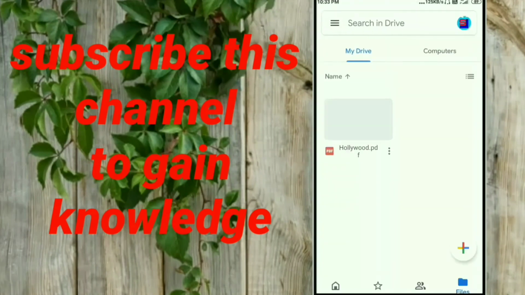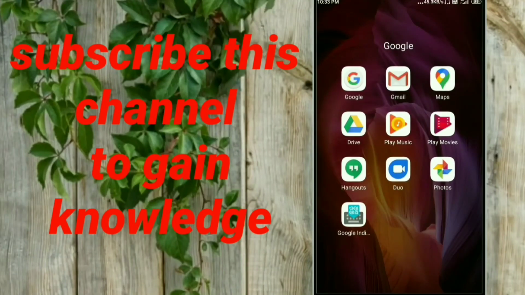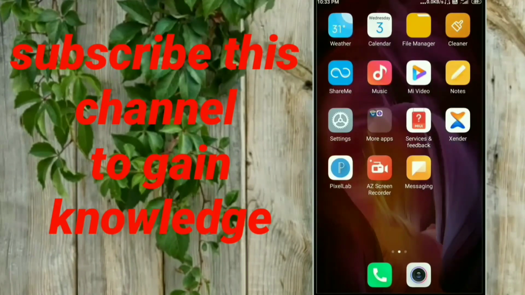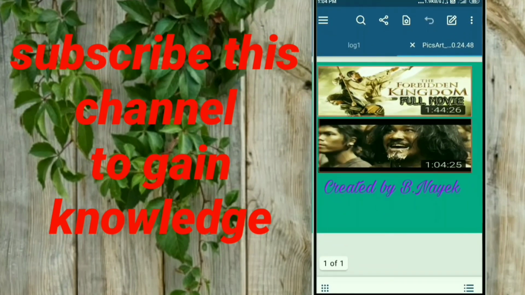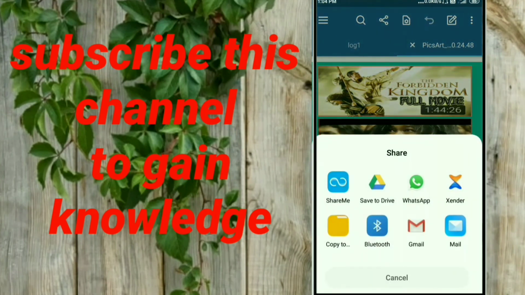So friends, this is how you can easily create a movies poster link, and you can surprise your friend by sending this PDF file through WhatsApp. If you want to send this movies poster link to your friends and want to surprise them, for that purpose you have to go to your Exodo application, and then you will find the share option at the top of the screen. Click on it and then tap on WhatsApp,